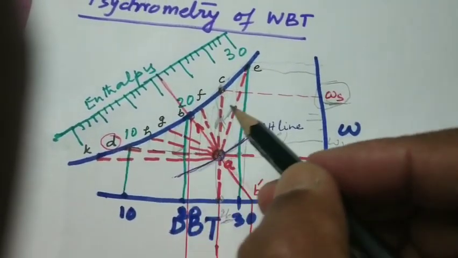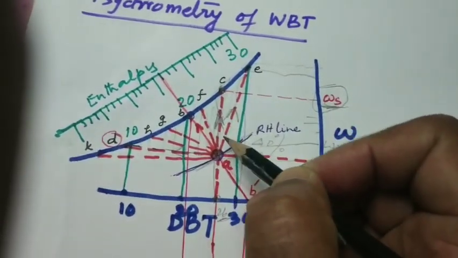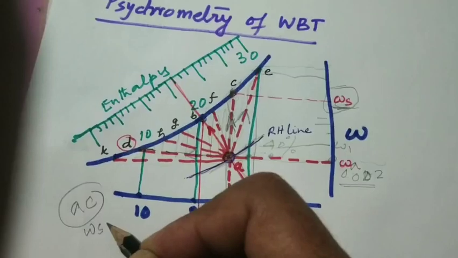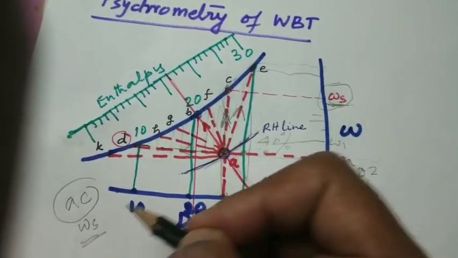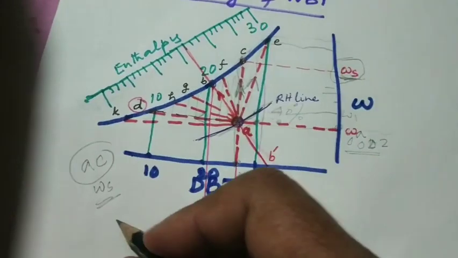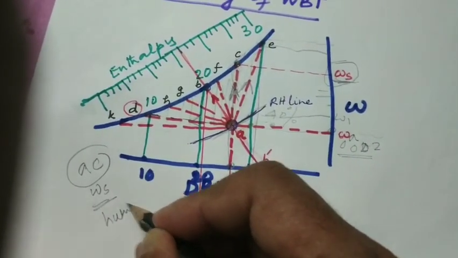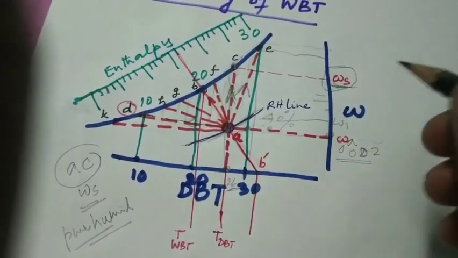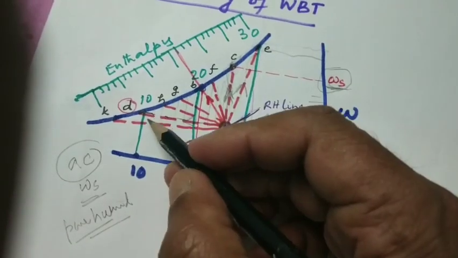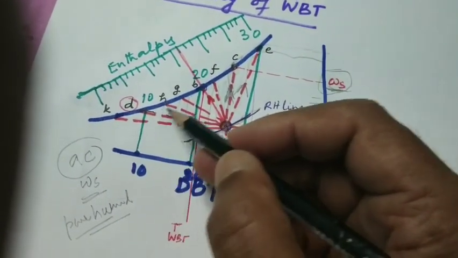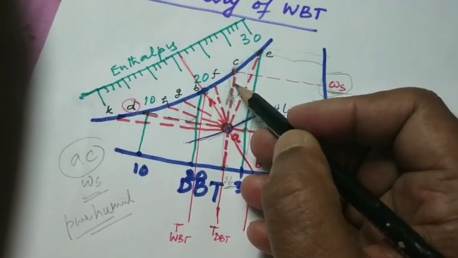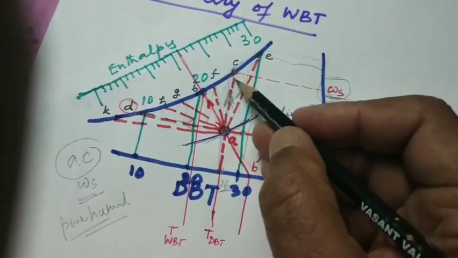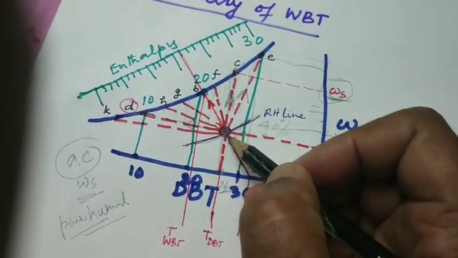There are certain unique things. One unique one was this AC. AC is a unique process which is going to give you omega S. It gives you the saturated value; it is a pure humidification process without any change in temperature. But now if we talk about AD, AK, AH, AG, AF, AE, they are not so unique, but there are three unique things. One is AC, which I have told you. Now let us come to AD.